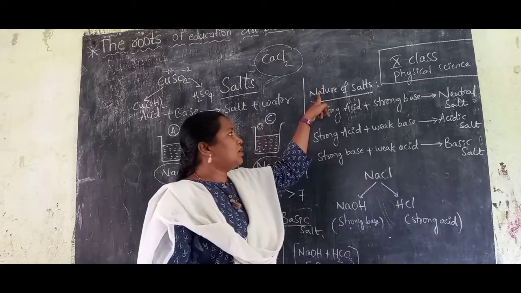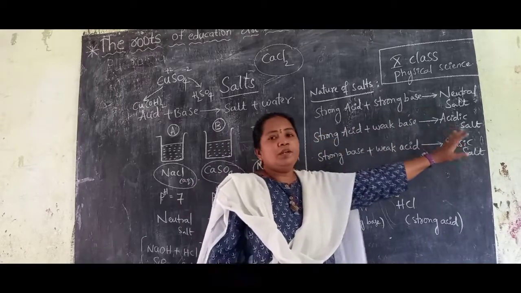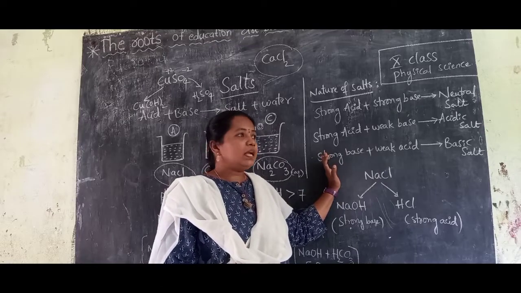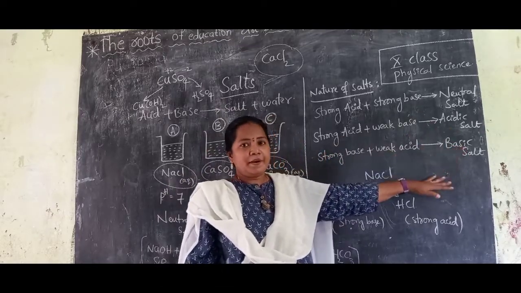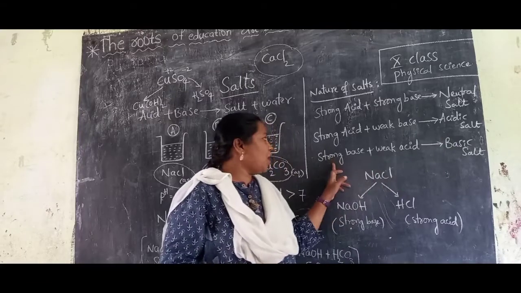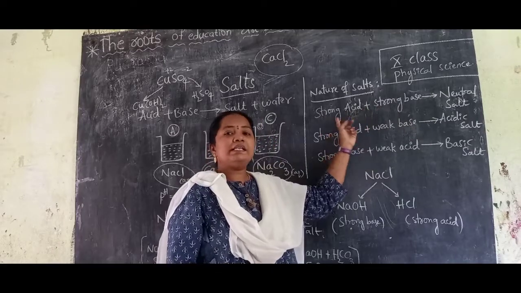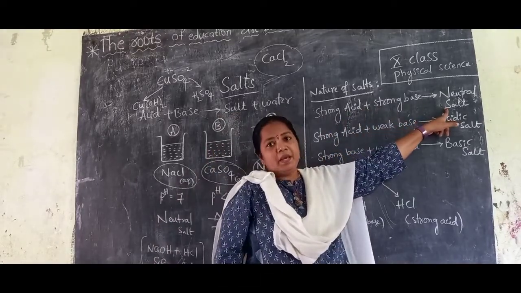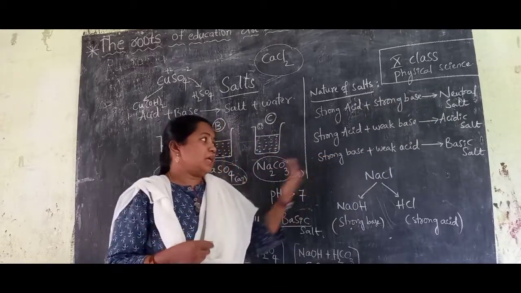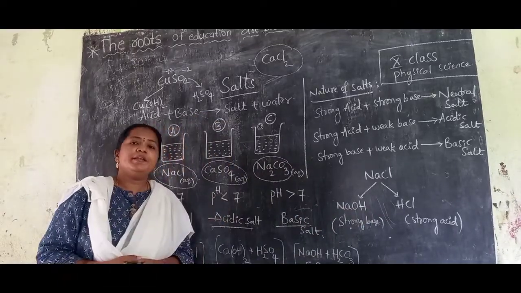Like that, the nature of the salts depends upon the acids and bases from which they are formed. Which one is strong in that, whether acid or base? Based on that only, the resulting salt nature depends. If the acid is strong, then the nature of the salt is acidic. If the base is strong, then the resulting salt nature also will be basic. If both of them are a strong acid and a strong base, then the resulting salt nature will be neutral. Like this, in salts also we have neutral salts, acidic salts and basic salts. This is about the nature of salts.